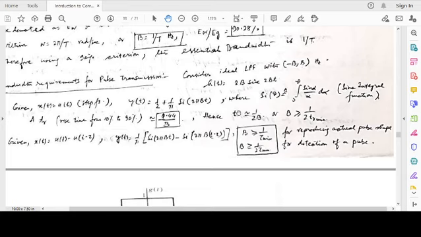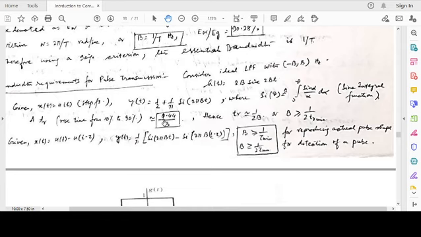We often use the expression TR is approximately equal to 0.5 by B, or 1 by 2B. Technically speaking, it is 0.44 by B. So rise time is dependent on the bandwidth. For a channel which has a bandwidth B, the corresponding rise time of the step function is restricted by its bandwidth. The larger the bandwidth, the smaller the rise time.